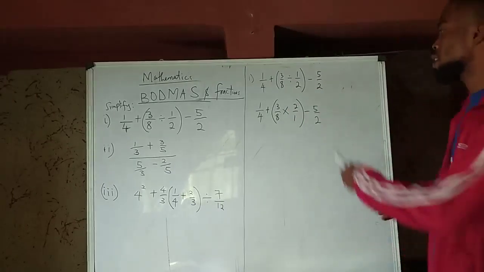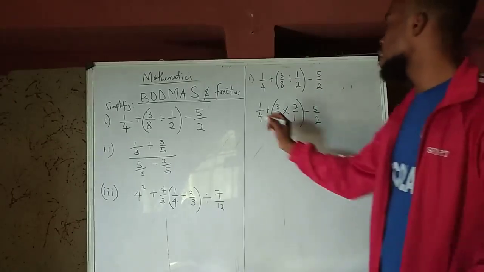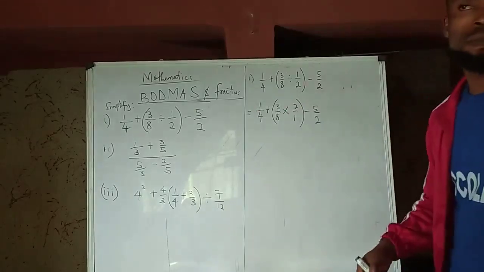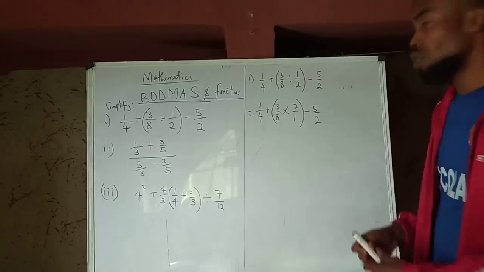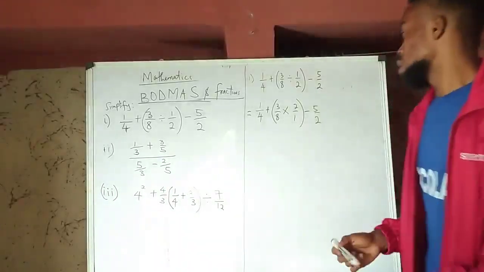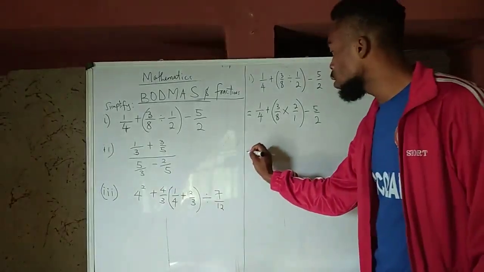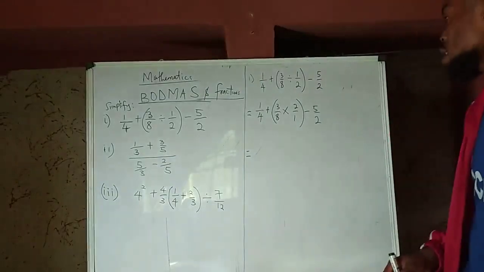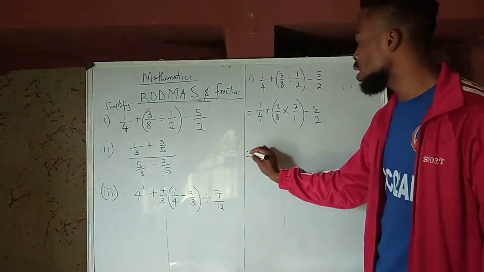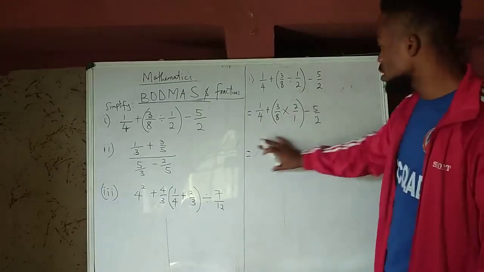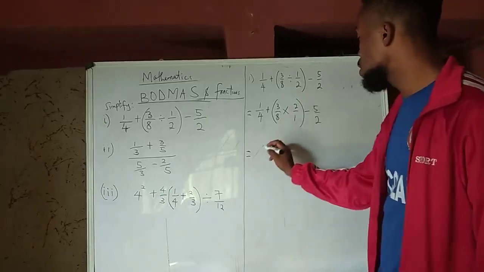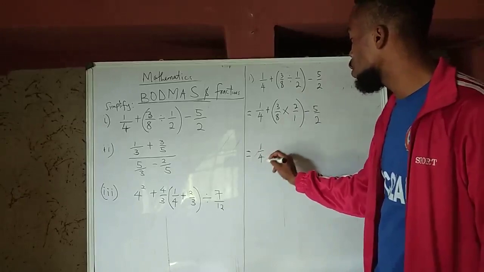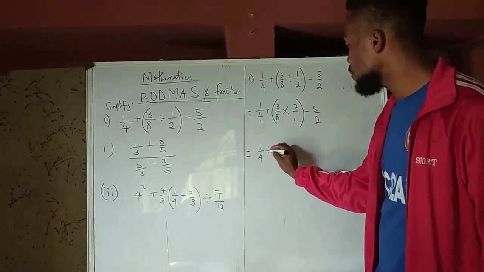So we solve mathematics in steps. By doing this, we have already done one step, and with every step that you do, you attach an equal sign. So the next one is with this equality sign, because we are going to the next step now. This is equal to what we are going to do next. Now this is going to be simply 1 over 4 plus